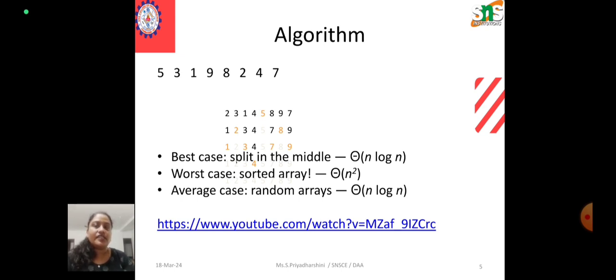Worst case complexity in Quicksort: the worst case occurs when the pivot element is either the greatest element or the smallest element. Suppose the pivot element is always the last element of the array; the worst case would occur when the given array is already sorted in ascending or descending order. The worst case time complexity of the Quicksort algorithm is big O of n squared or theta